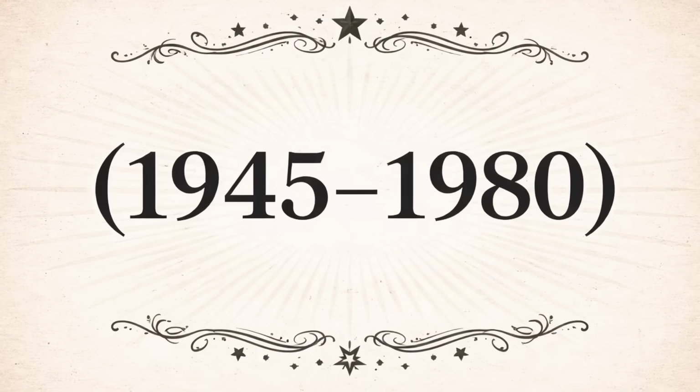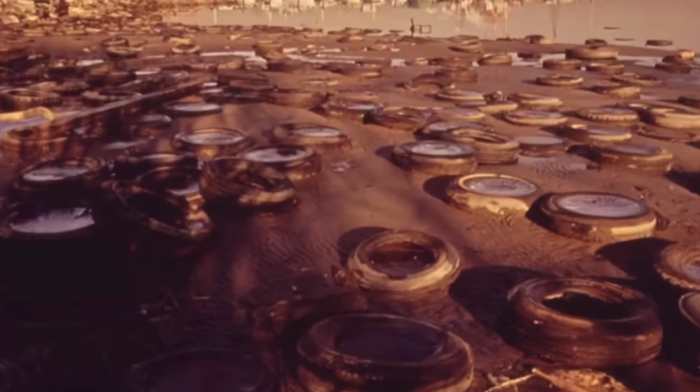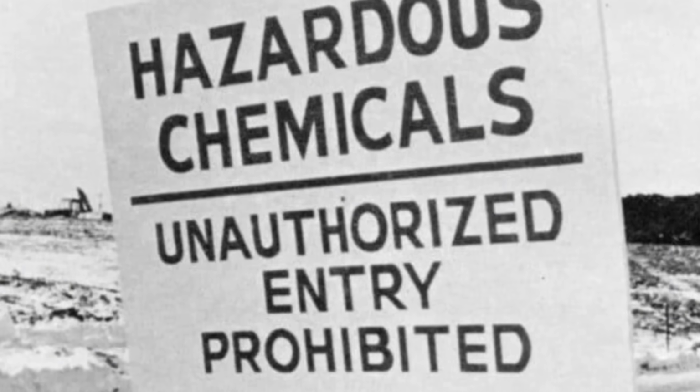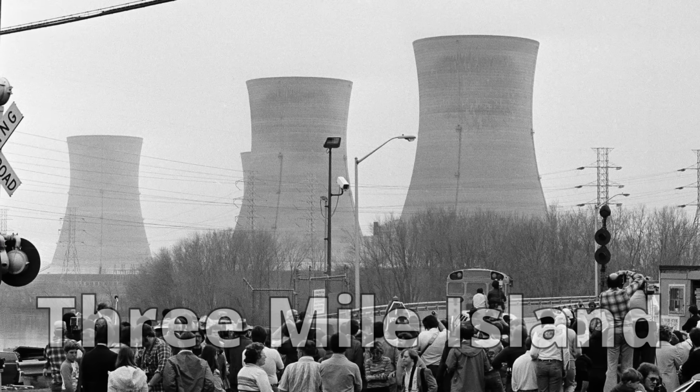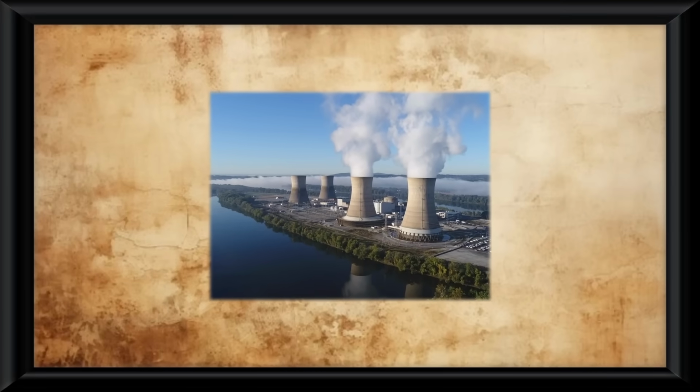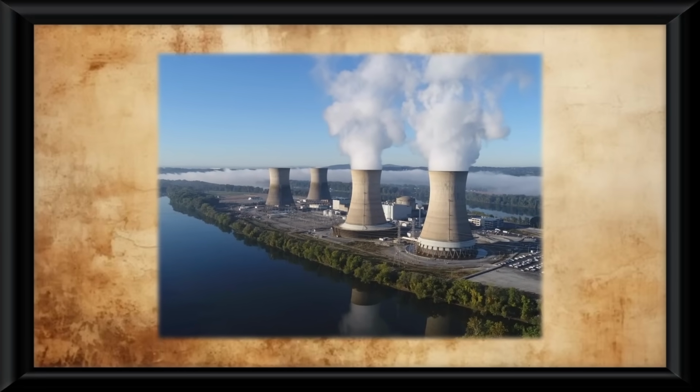So in this time period, finally it is realized by American society that the environment essentially exists. The reason behind this is because a lot of bad environment-related things happen all at once. This river, which I'm not going to pronounce the name of, literally caught on fire. This town was built upon a bunch of toxic waste, causing a surge of diseases such as cancer, and this power plant almost completely melted down. And from all of this, people start to realize industrial growth just might be messing up the environment.